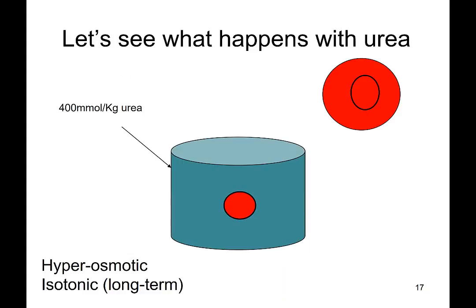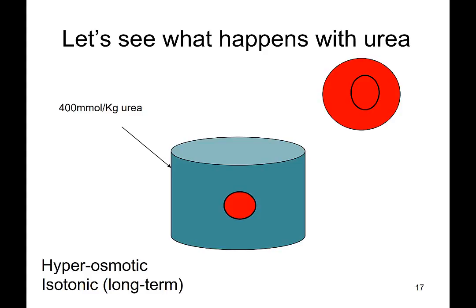What about urea? Urea is actually permeable across most biological membranes, especially red blood cells. So if I put this red blood cell in a hyperosmotic solution of urea, what do you think will happen? As you saw in the previous slide, a hypertonic solution caused the cell to shrink. Do you think this cell will shrink as shown in the chamber? Do you think it will crenate?